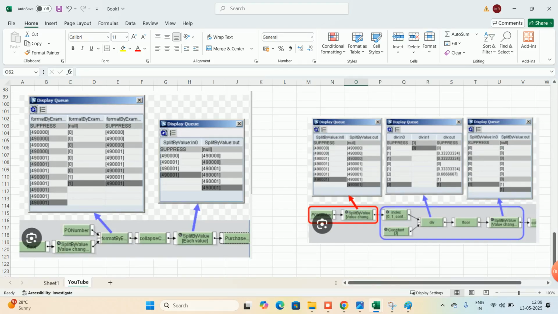Whenever the value has been changed, then the context will be added. 490000 two items came, here also two items came. There one context came. Then here are four values, and the context changes. Split by value means whenever the value is changed, then context will be added in the target system. This is the input. This is the output.